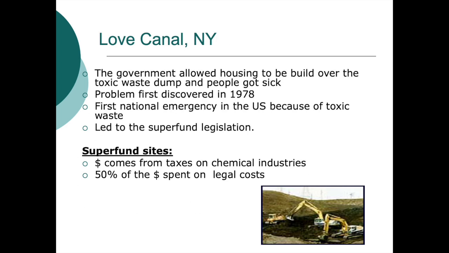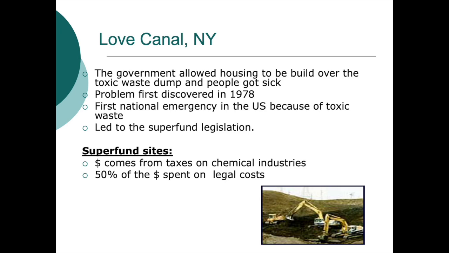A couple of examples of a waste site would be Love Canal in New York. The government decided it would be okay to go ahead and build housing over what was a toxic waste dump. The individuals living there became very, very ill, and it wasn't discovered until 1978 that there was a problem there. And so that was really the first national emergency in the US because of toxic waste, and that led to